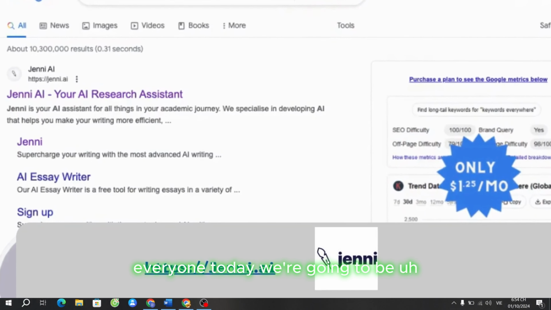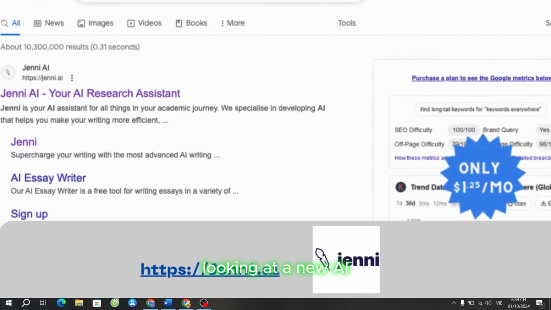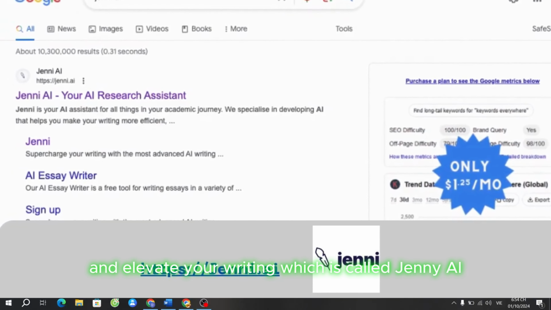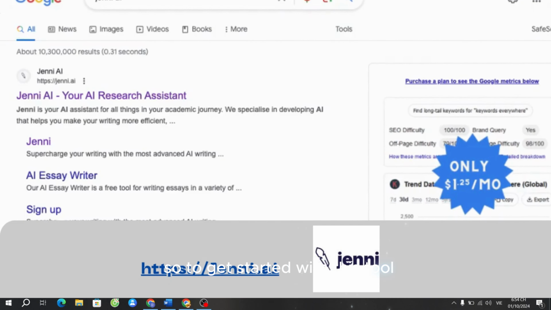Everyone, today we're going to be looking at a new AI tool that will help support your writing and elevate your writing, which is called Jenni AI. So, to get started with this tool, you can start by searching in Google Jenni AI or go directly to